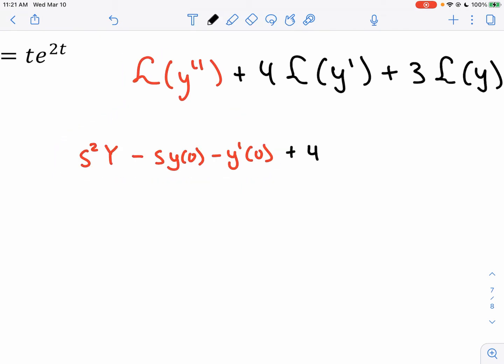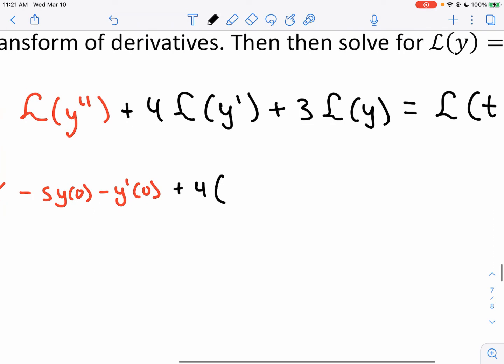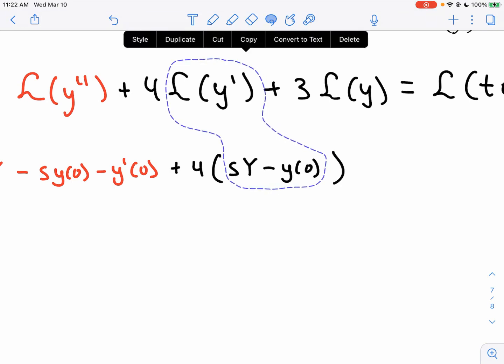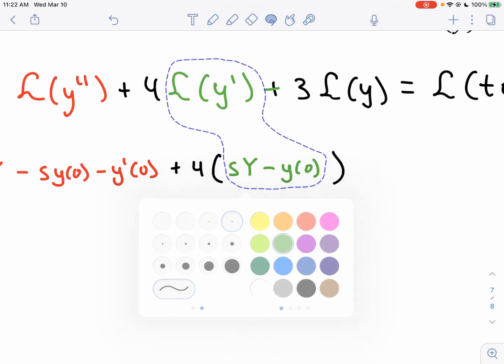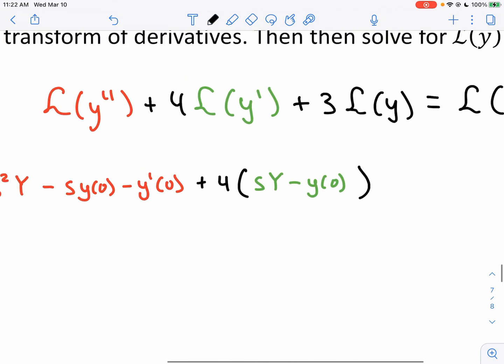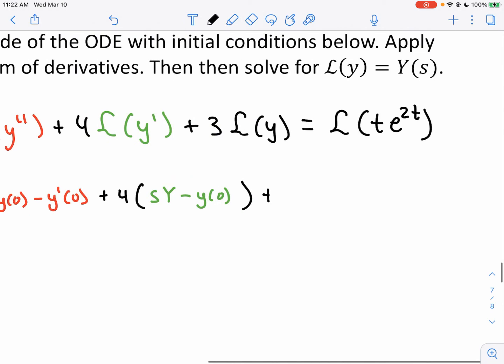And then we have plus 4 times, now we have to do the Laplace transform of y prime. Well, the Laplace transform of the first derivative was s times the Laplace transform of y, so s times capital Y, and then minus just y of 0. And for color coding purposes, let's make those green. Okay, so the Laplace transform of y prime got applied. And now we have plus 3 times the Laplace transform of just y, so just capital Y, we'll say,